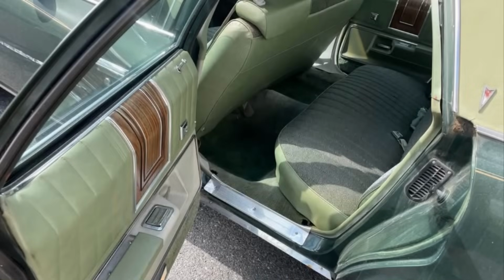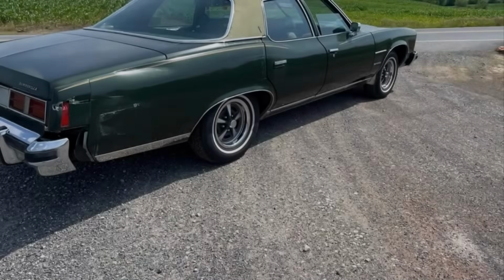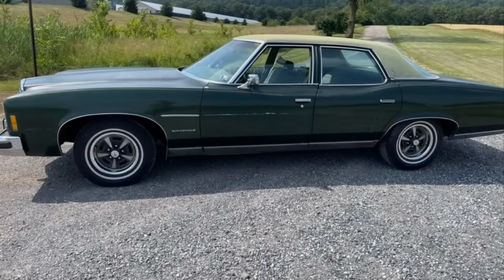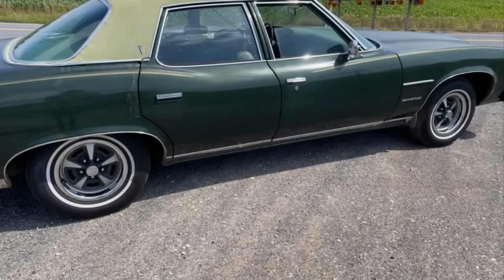The chrome, glass, and other exterior details are not fully described but seem to remain in presentable condition, giving the car a strong base for a cosmetic refresh should the next owner choose to take it further. Overall, this 1974 Pontiac Bonneville offers an affordable and promising entry into classic car ownership. Priced at just $5,000, it's an excellent option for someone seeking a vintage American cruiser that hasn't been heavily modified